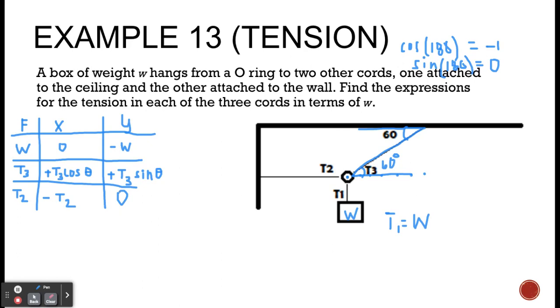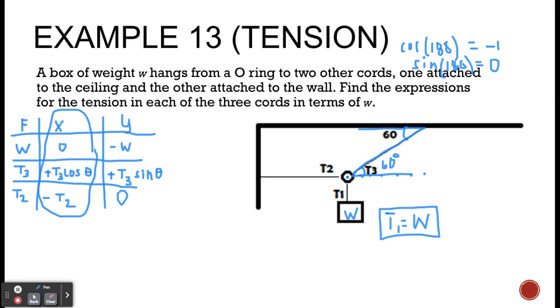Okay, so we want expressions for the tension in each of the 3 chords in terms of W. Well, we have one expression already. T1 is directly equal to W. To find an expression for T2,